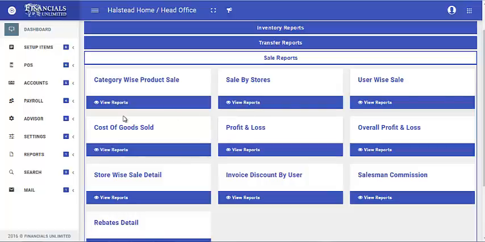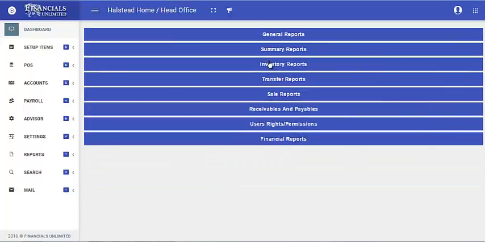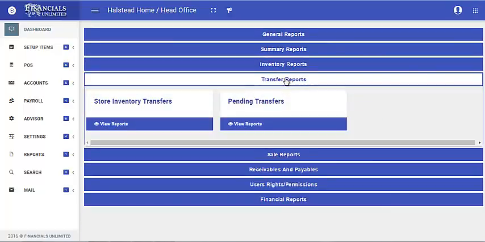If you want to generate the cost of goods sold, you can do this from this. And profit and loss from this, overall profit, store wise sale detail, invoice discount by user, salesman commission, rebates, etc. Okay, if you want to generate store inventory transfer, you can see how much store inventory transfer was done to